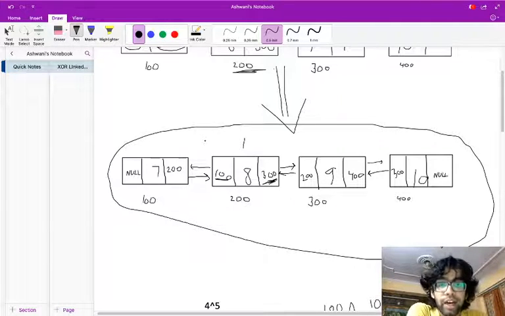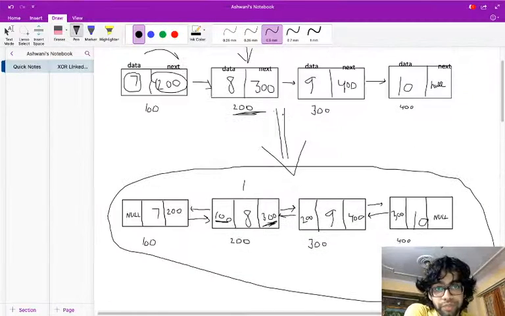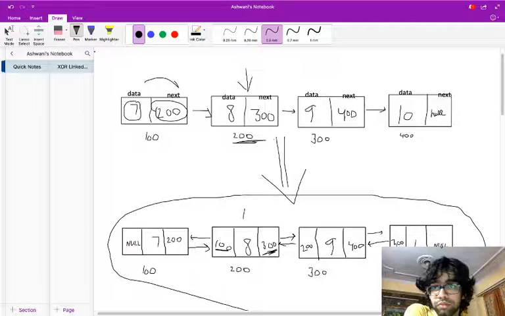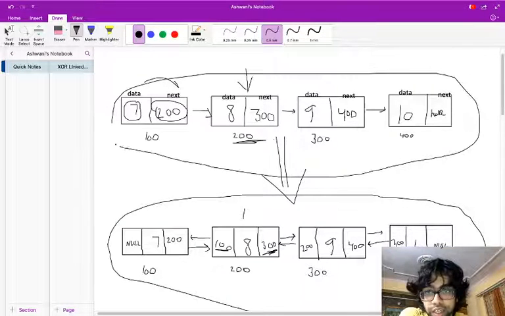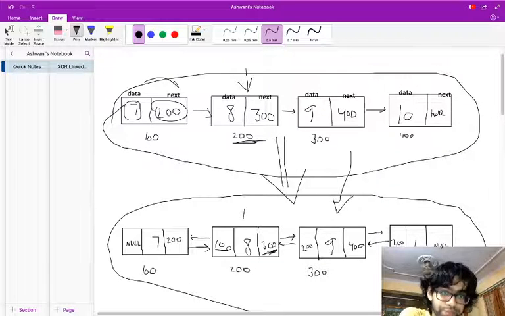Okay, but there's also an issue in this linked list, and what's that? That is the memory. In this linked list, we are consuming a lot of memory as we are storing another variable for each node. So what do we do? To solve this problem, we came up with the memory efficient linked list. So what is a memory efficient linked list? It is a linked list which looks like this upper one, the normal singly linked list, but it behaves like this doubly linked list. It means that this singly linked list will travel in both forward and backward directions. Okay, so how do we achieve that?